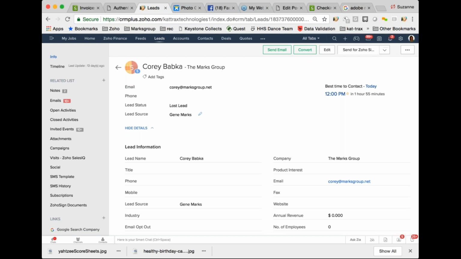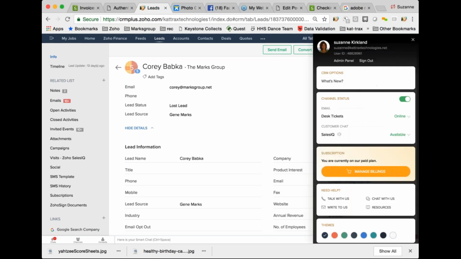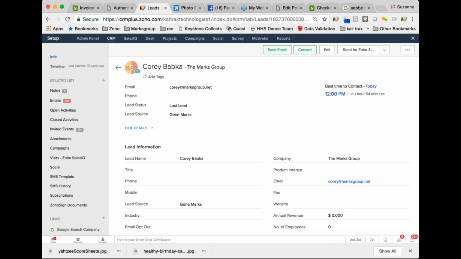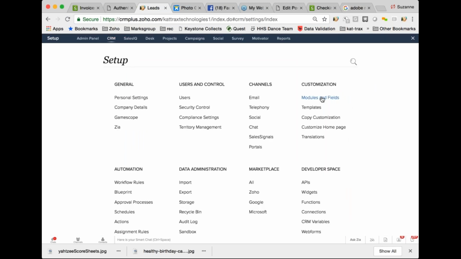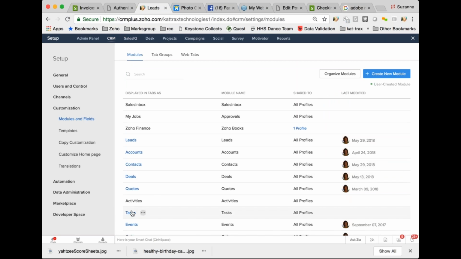So task is one of those types of activities, and that's basically just assigning yourself or your coworkers tasks to do with a due date and a priority. So it's kind of like your to-do list, and it's a way you can manage your workload. So in the task module, I'm going to go into my setup. In the task module, there's a task subject. I want the gear. So I'm going into setup, going to modules and fields, and I'm going to pop open